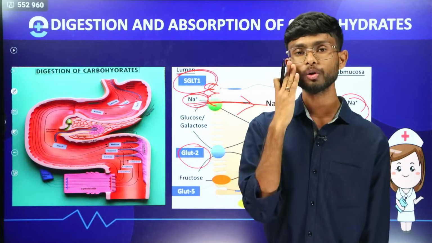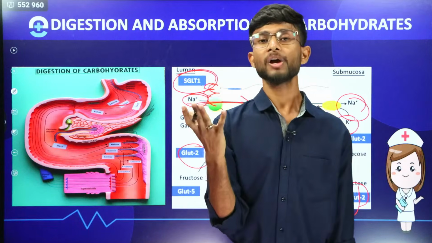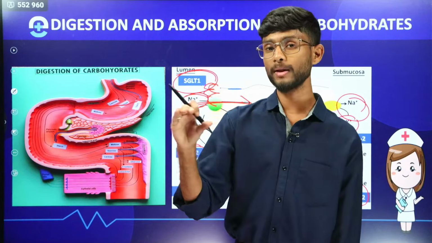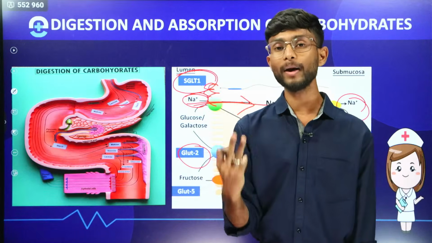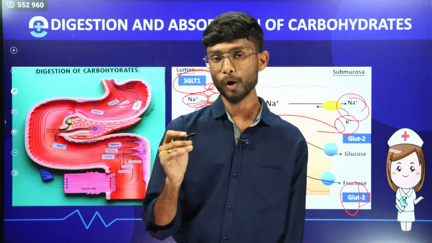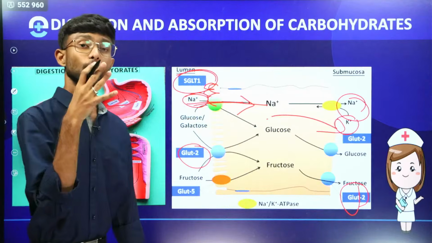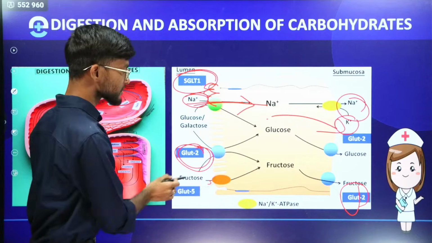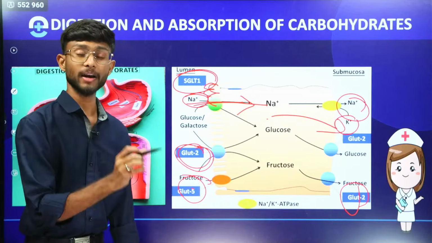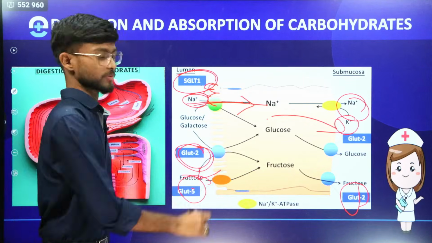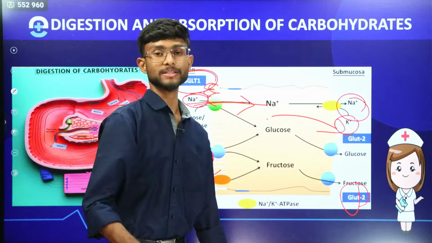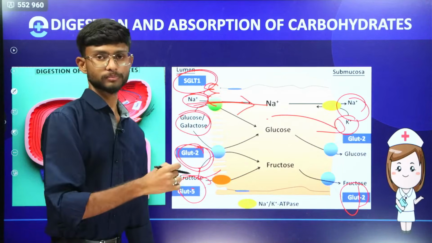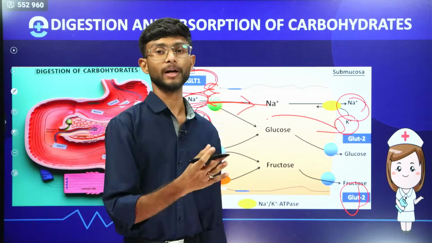You know that in the polysaccharides we have many monosaccharides. What do you mean by polysaccharide? A polysaccharide is nothing but a chain of more than 20 units of monosaccharides. Those monosaccharides have particular transporters. Glucose transporter 5 only transports fructose, and glucose transporter 2 transports only glucose molecules, and galactose or glucose will be transported from